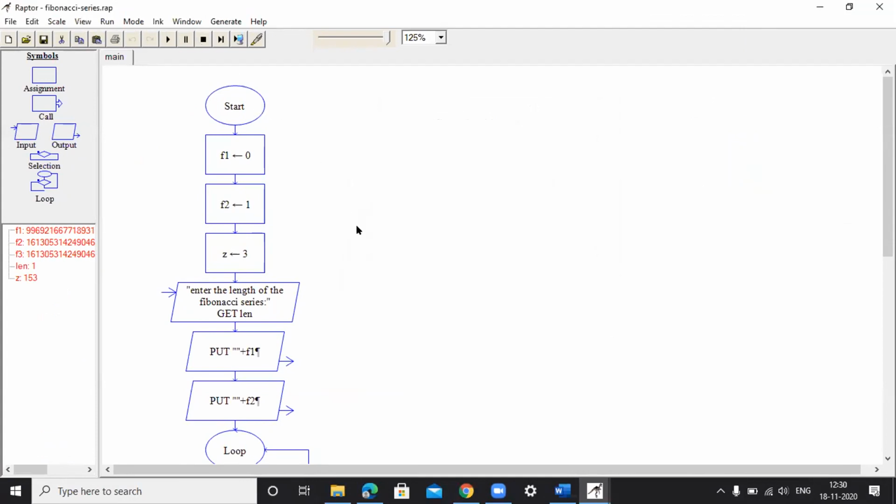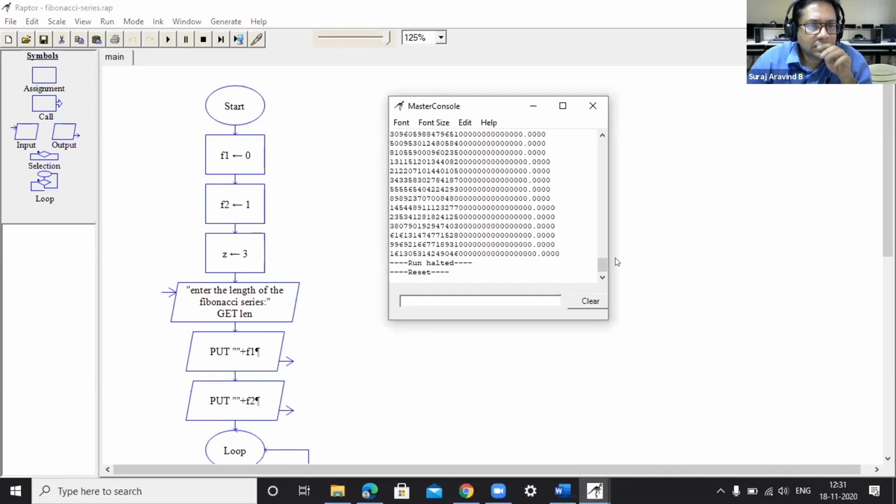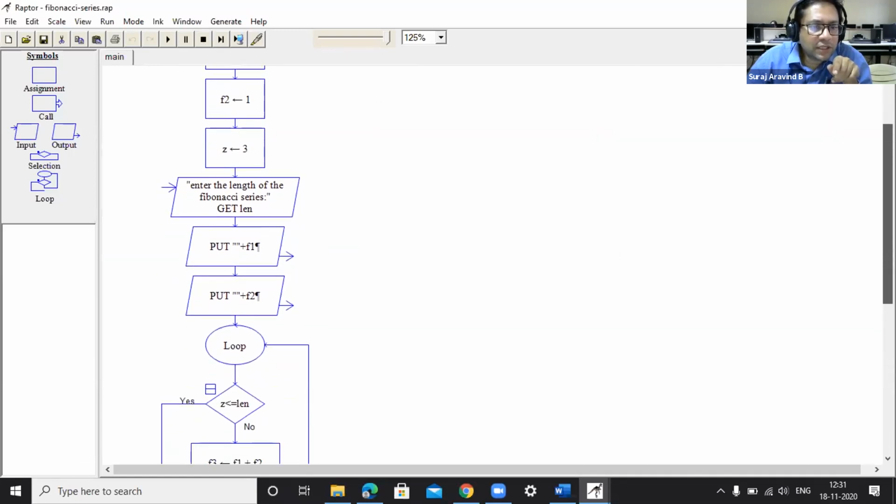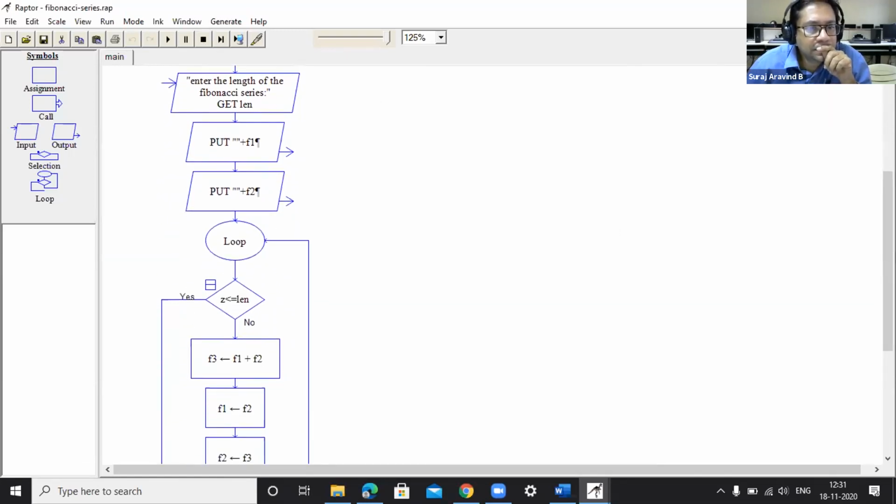Scroll down. No, the flow chart. You could see only the loop. Generally, we are in an infinite loop in your flow chart. An infinite loop occurs when the condition z less than or equal to length, or any condition, is not met. We can come out of the loop only when that condition is yes, right? Or else we'll be going in the no forever.